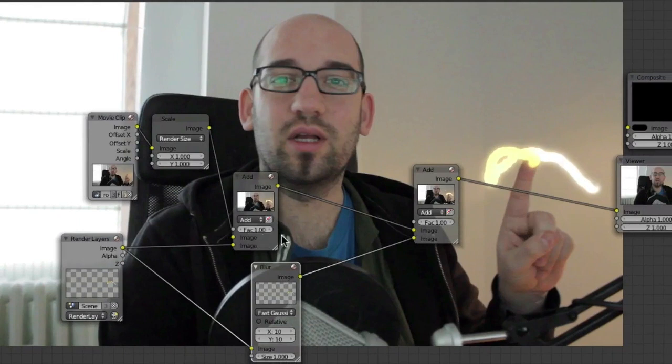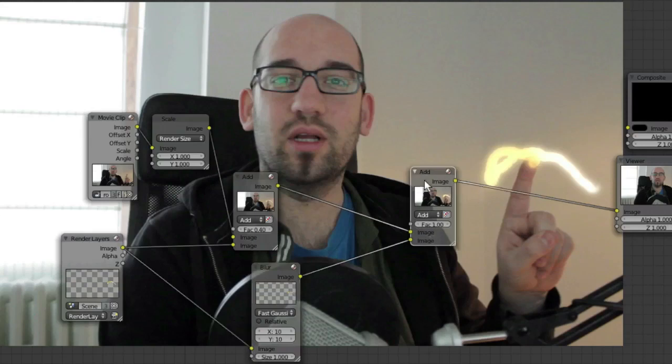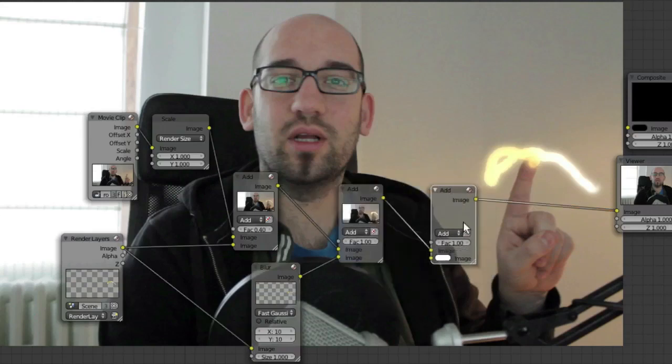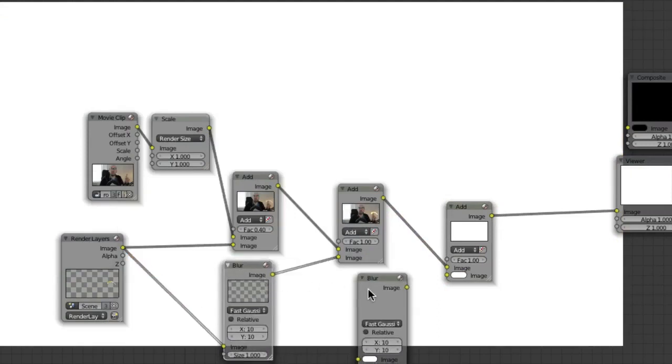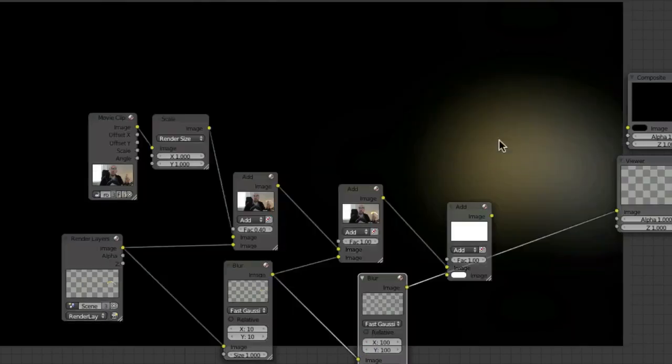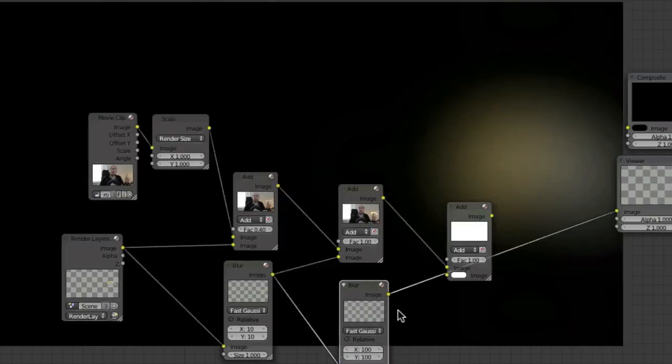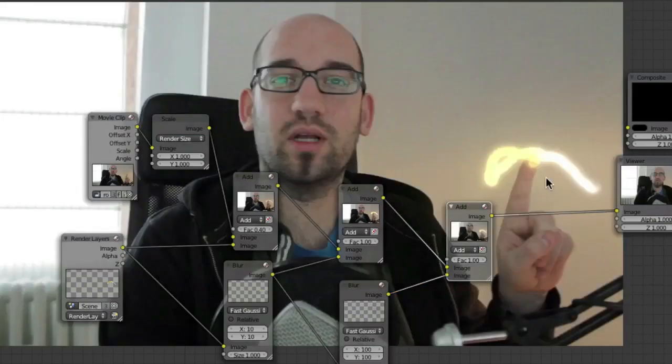Maybe it's a little bit too bright, so either we turn down the glow, or maybe we can also turn down this here so that that is not too bright, but so that we have a little bit more of this glow. Maybe like that. And if you want to, you can also add another blur, Shift D, and just blur that once again, but now maybe 100 pixels. Let's see how that looks like. So that is just a subtle blur, a very big blur here. And if you add that on top of this, you have this nice glow around my hand.